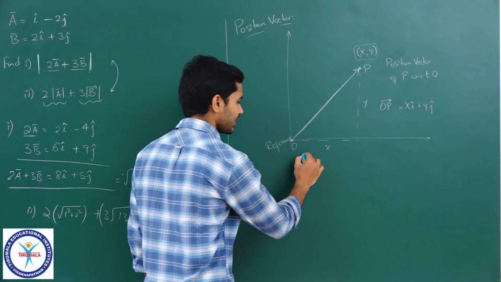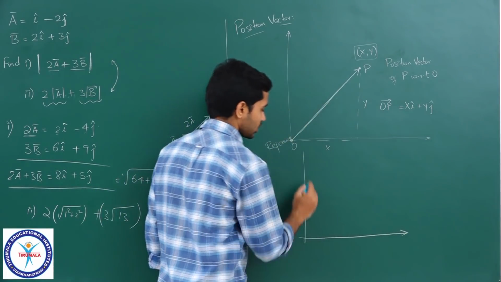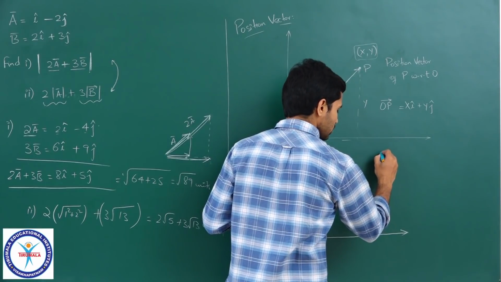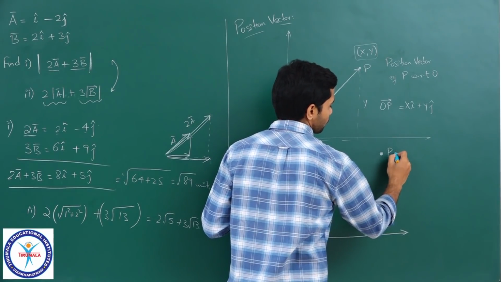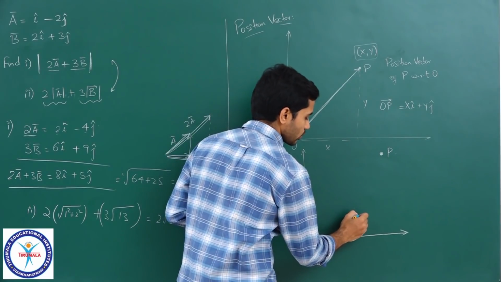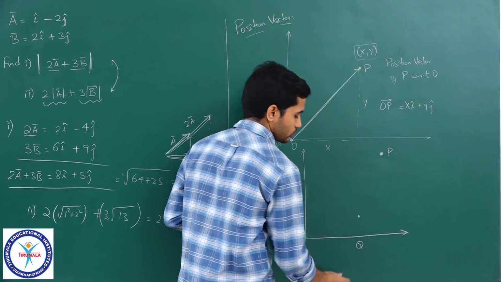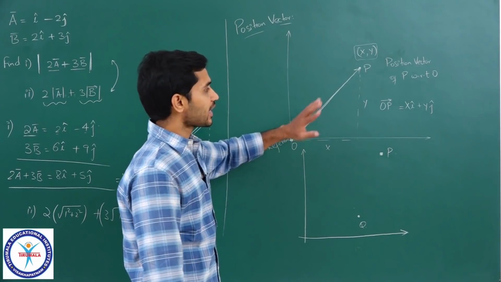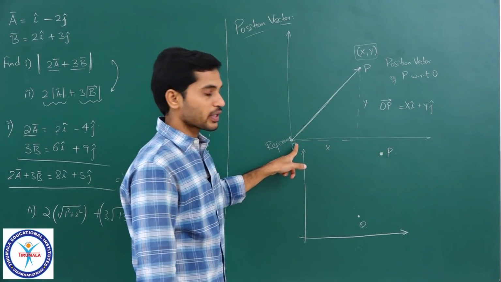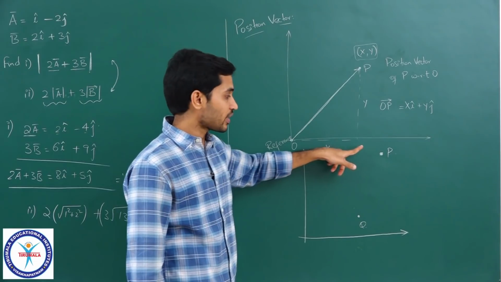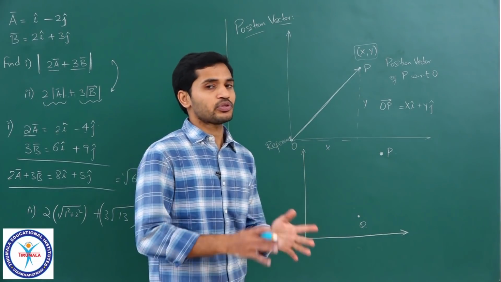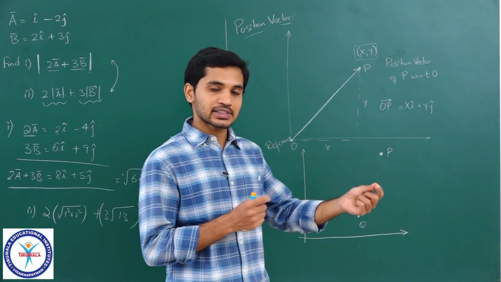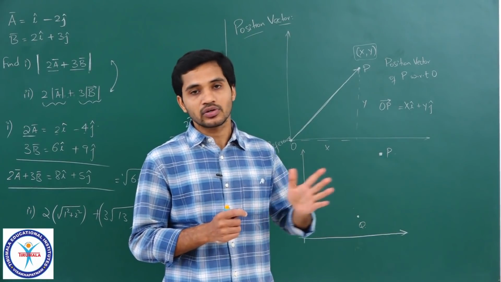Now, let me ask you a slightly modified form of the same question. So, this time I will mark 2 points. So, one point is let us say at this position. So, let us call it as P, and let us say another point is over here. So, this is Q, okay. So, P and Q. So, now just like I have defined position vector of P with respect to O, if I have to define position vector of P with respect to Q, see, position vector basically means what? It is a vector which tells us at how much distance something is and at how much angle it is or in which direction it is.